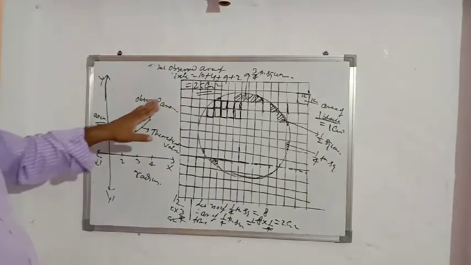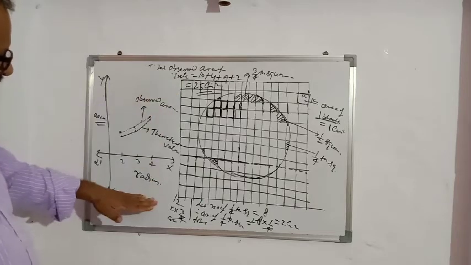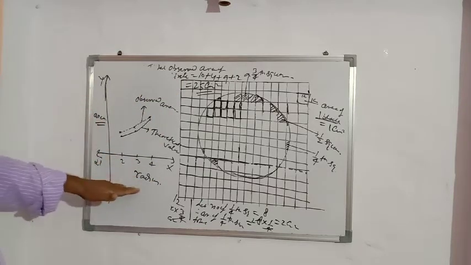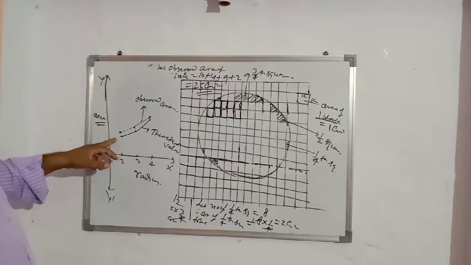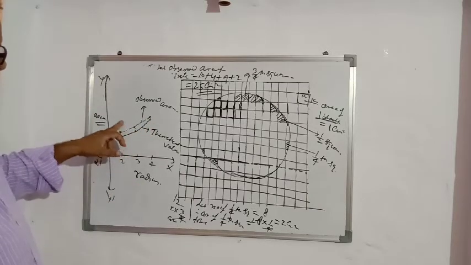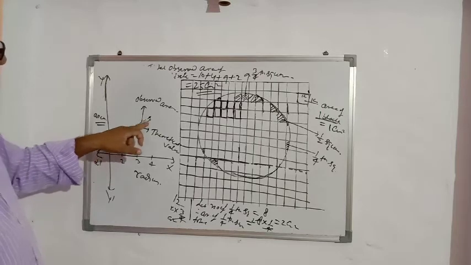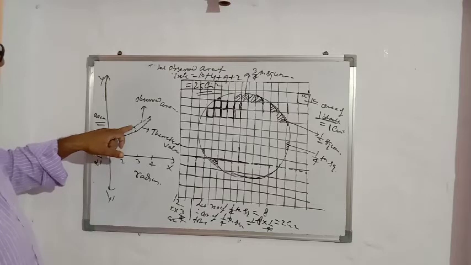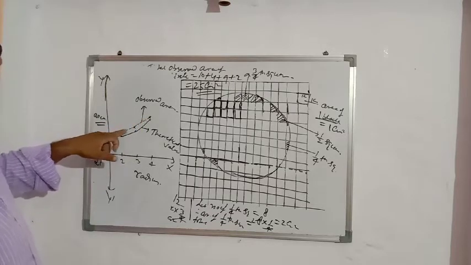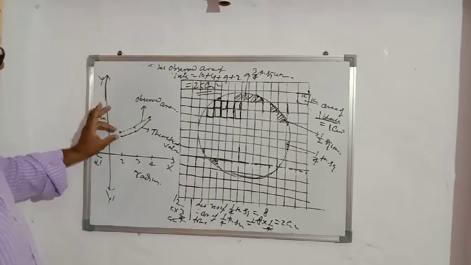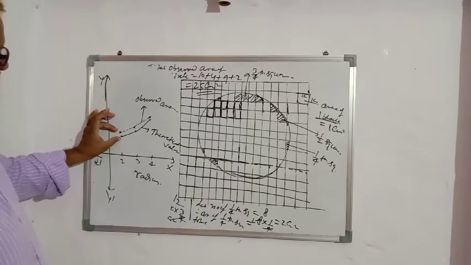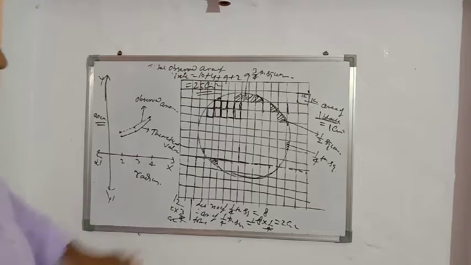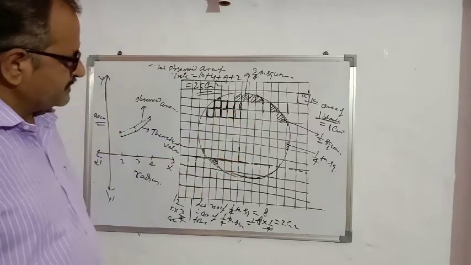So after completing the observed and theoretical values, taking radius on the x-axis and area on the y-axis, we have to plot both. These points represent the theoretical value, join them with a line segment. This cross sign represents the observed value, join them with dotted lines. We will see the observed and theoretical values come approximately equal if your counting of squares is correct.